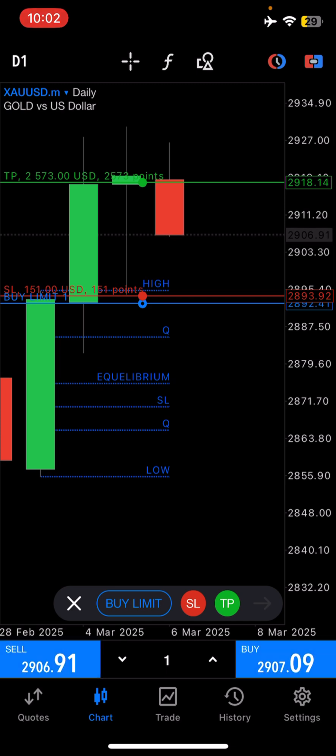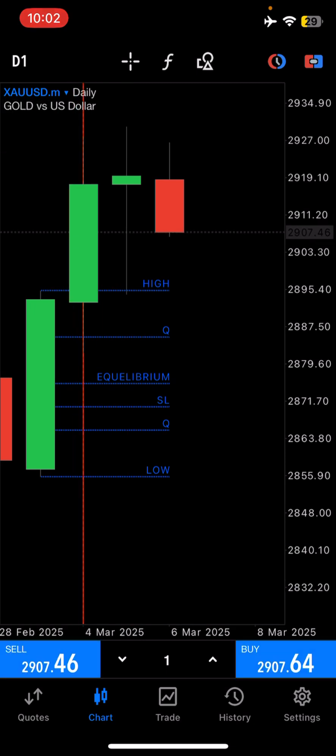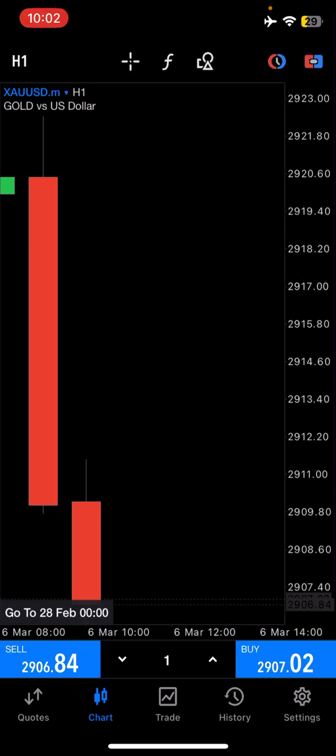So the reason for using a lower time frame for me is reducing the risk. Because if I can go down to a lower time frame that is lower than this, I can reduce my risk more. And by reducing my risk, I am usually going to make more money in the process. Okay, I'm going to mark that like this and that like that, and I can go down to my lower time frame there, and that's the opening price. I'm just going to mark that, and then let's say I go to the hourly time frame.